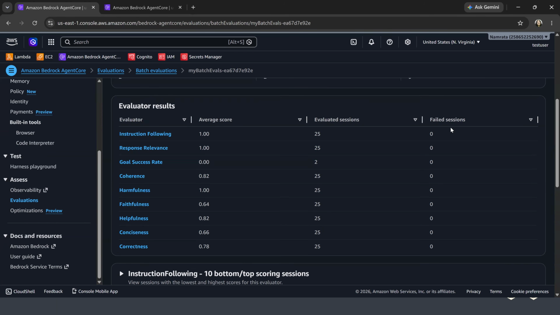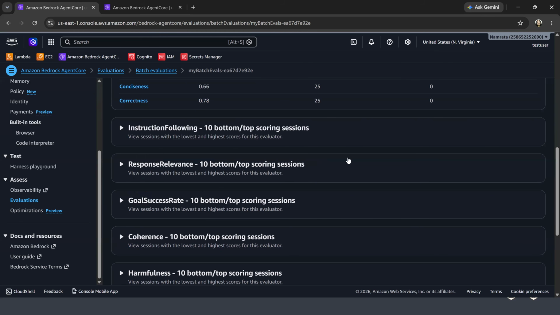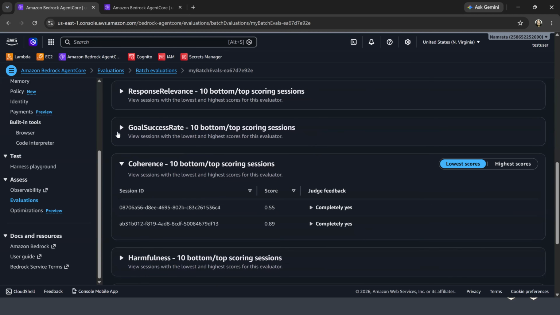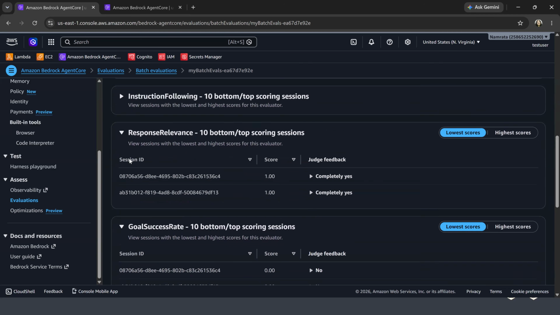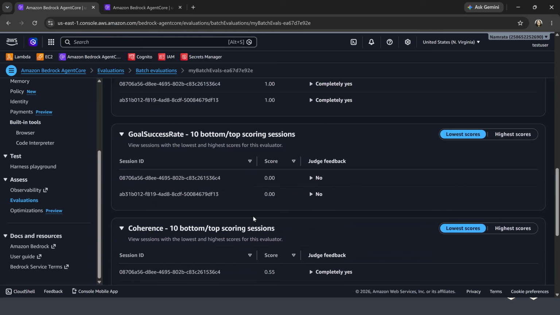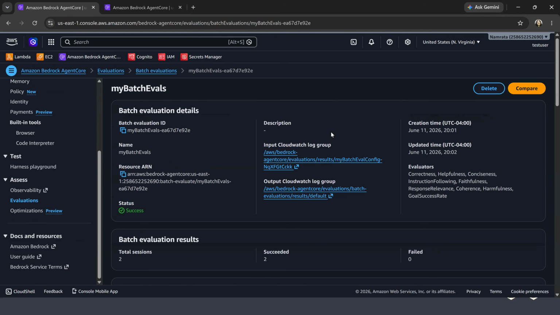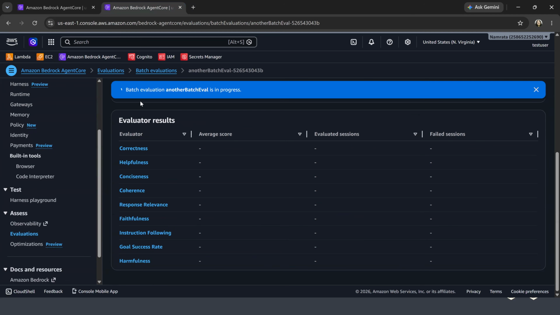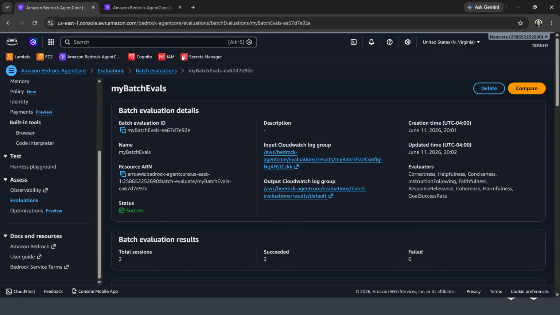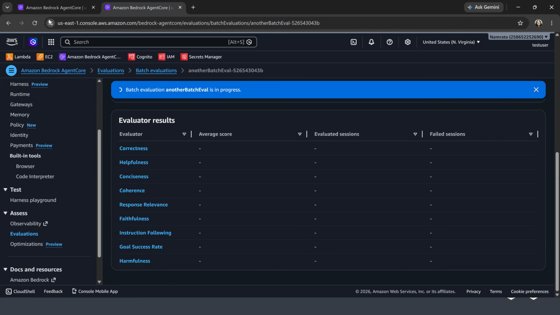You can see none of these sessions have failed. This is the average score. And now you can see the different feedbacks at the bottom right here. So this is how you create a batch evaluation. Now, hopefully this one is also completed or still in progress. Okay. Now, while this proceeds further ahead,